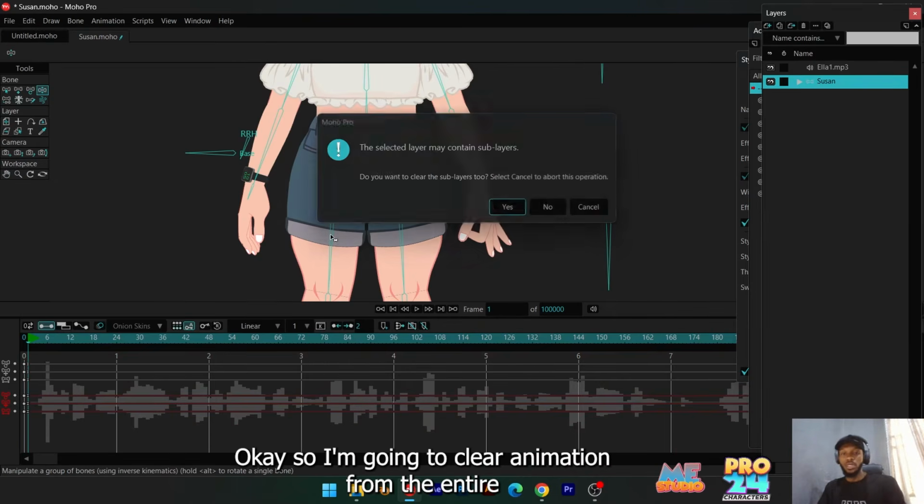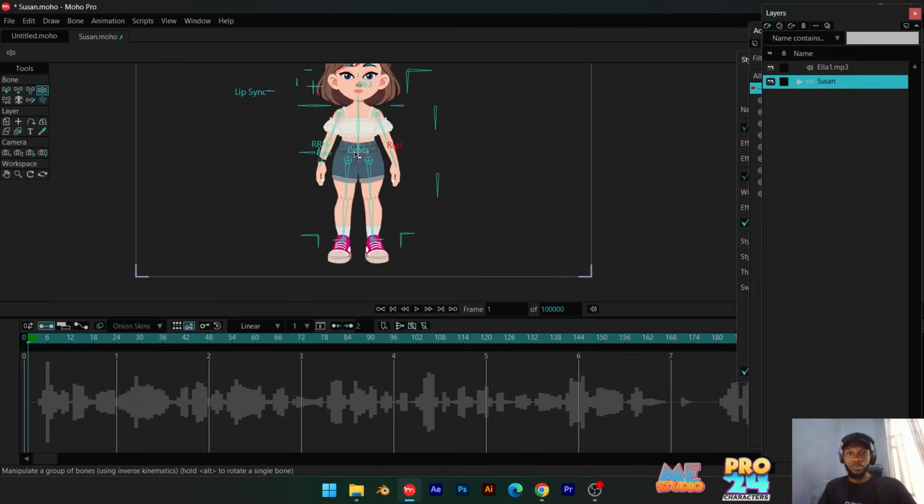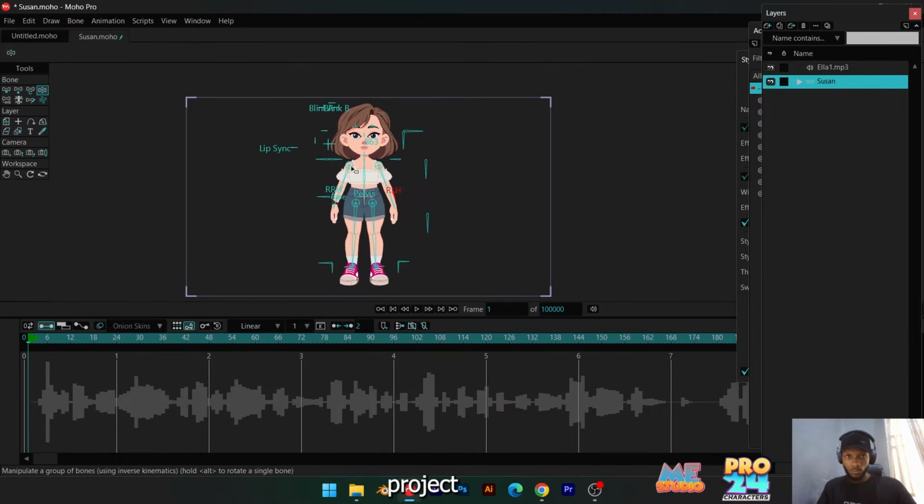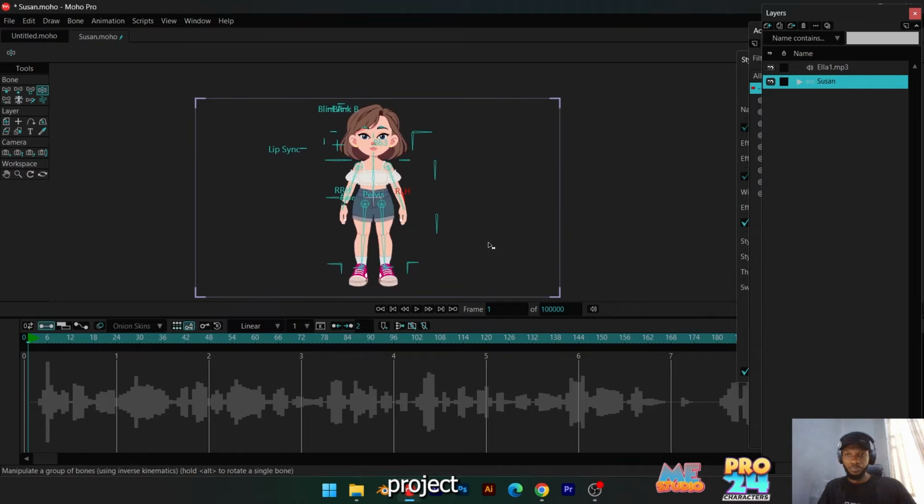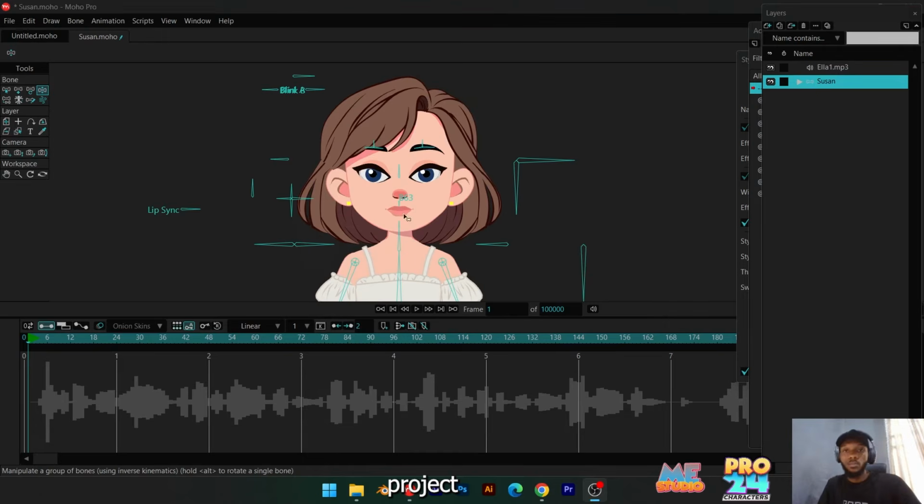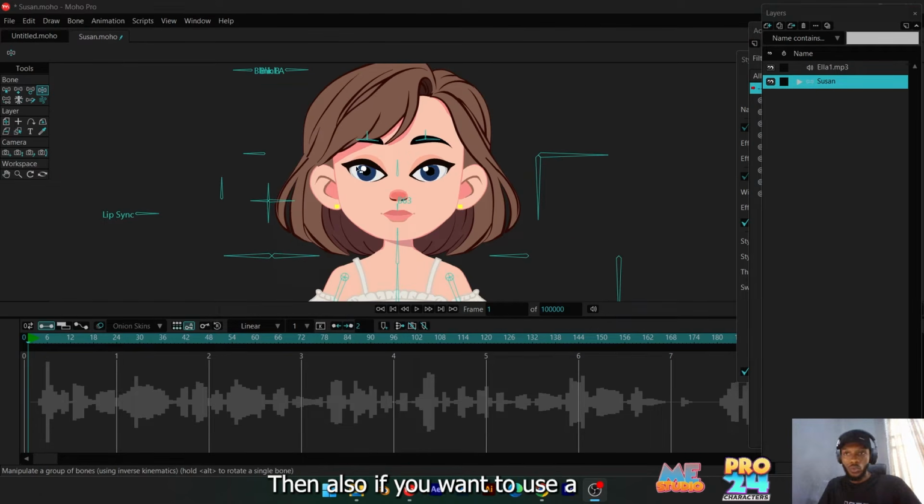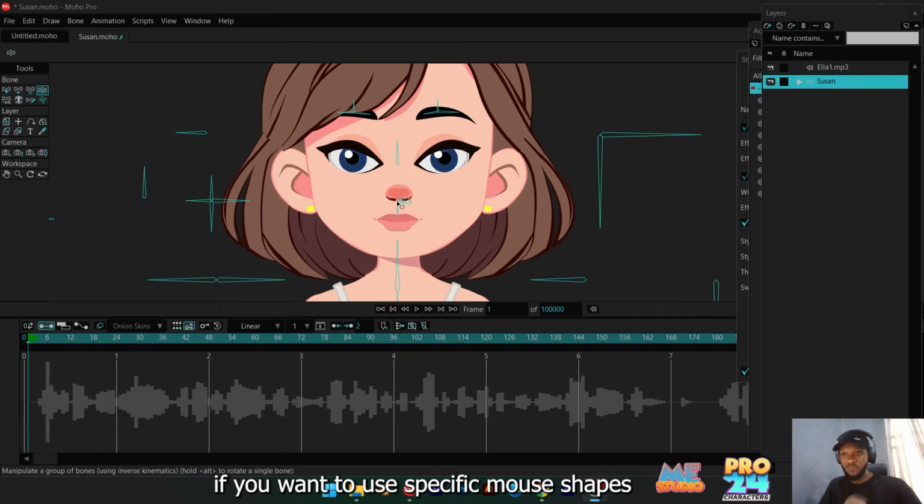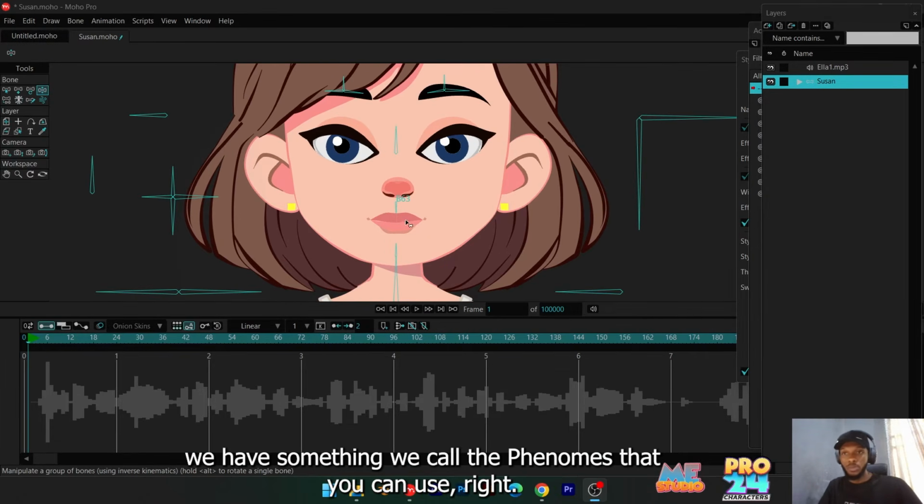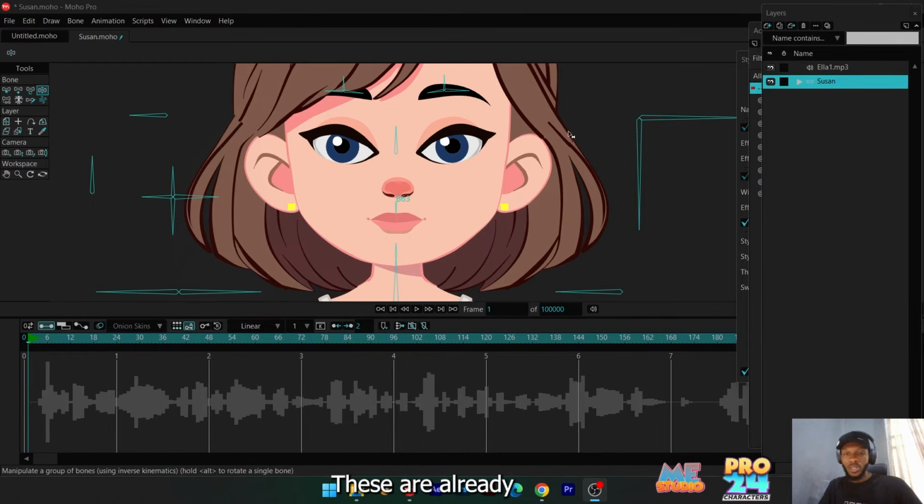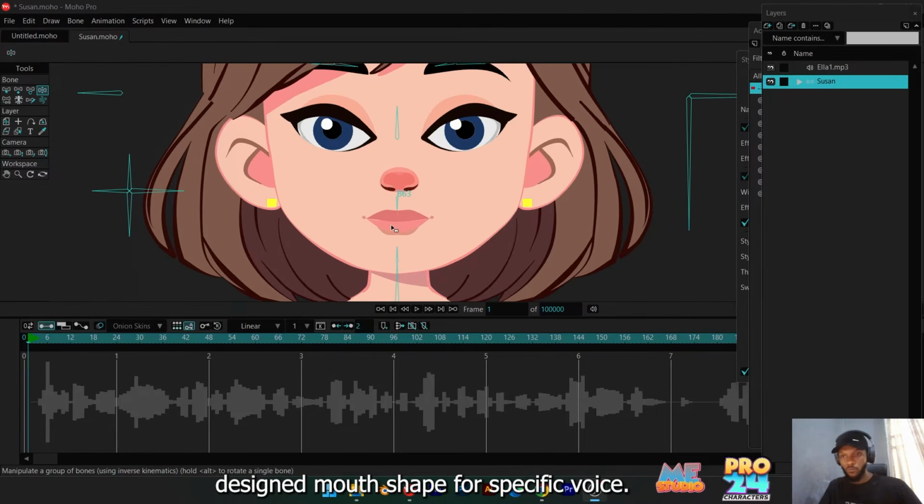Okay, so I'm going to play animation from the entire project. Then also, if you want to use specific mouth shapes, we have something we call the phonemes that you can use. Right, these are already designed mouth shapes for specific vowels. So if I should come to my